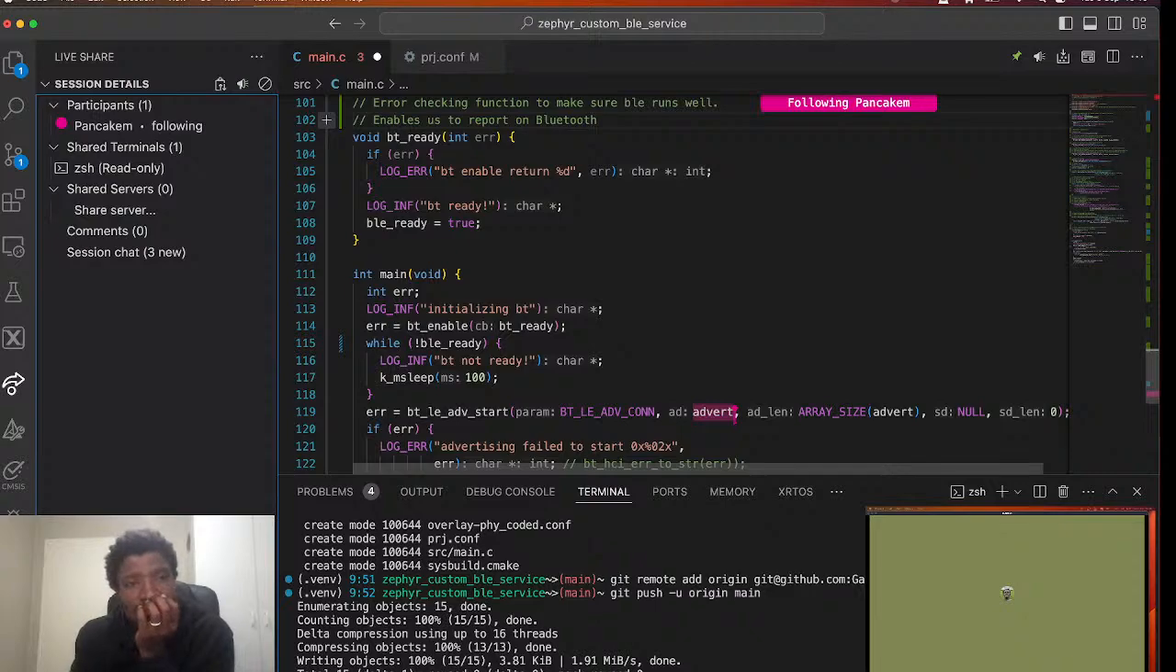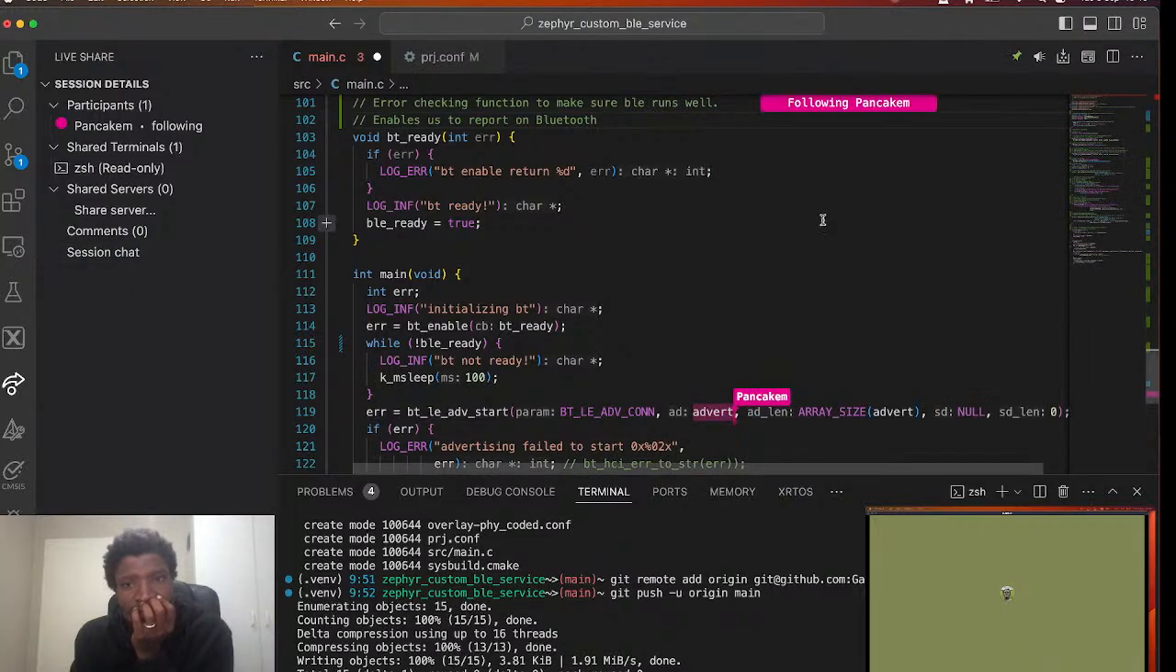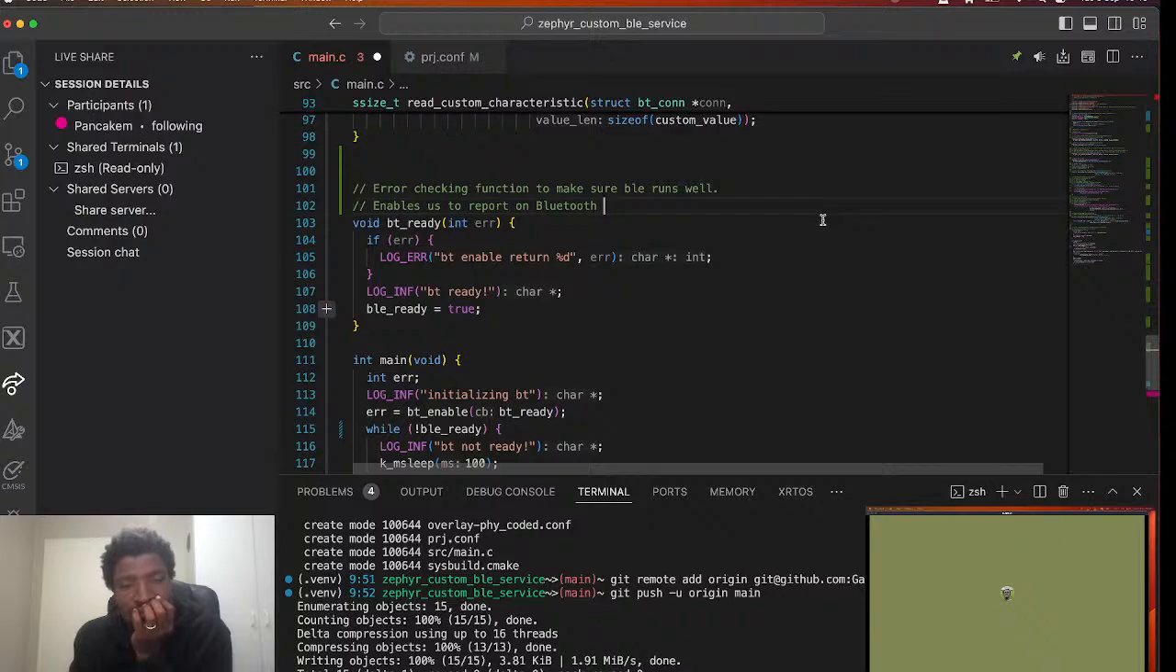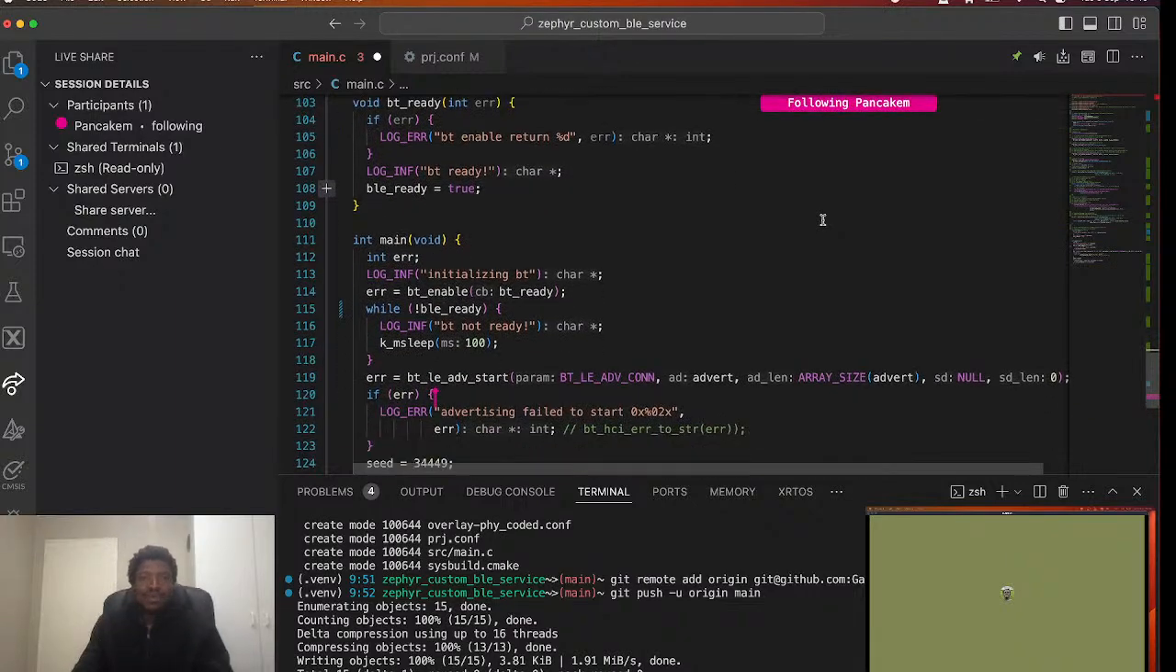We only have our... we don't advertise much, so we can advertise. We can do extended advertising where we also have this part where it's null, another set of advertising packets, and how many we have. But since we don't have that, we just have a null and a zero. Okay, so at this point,